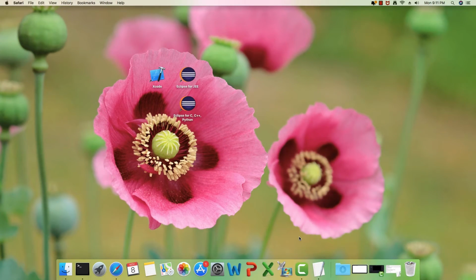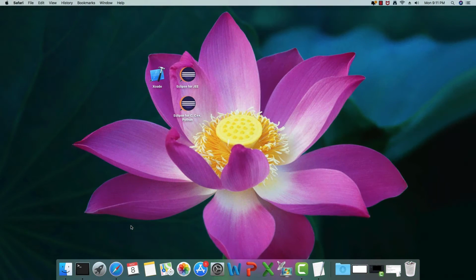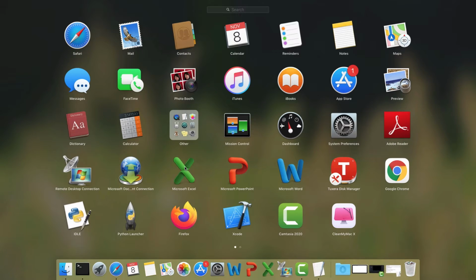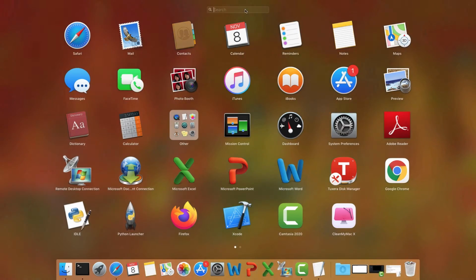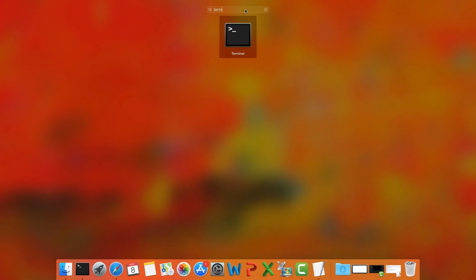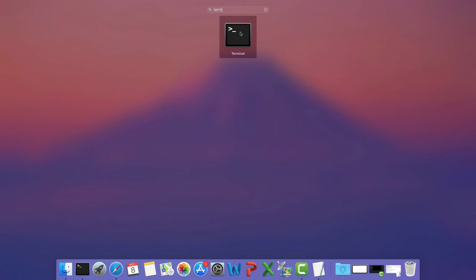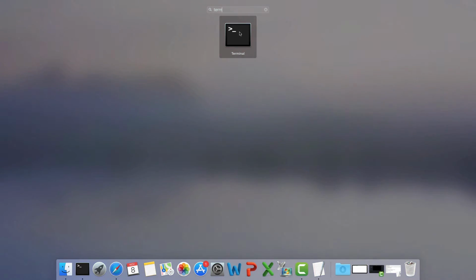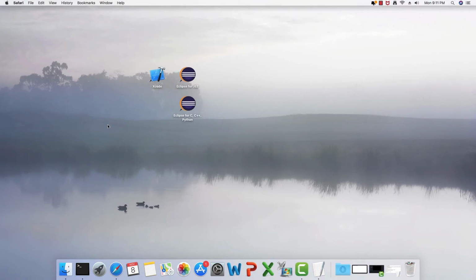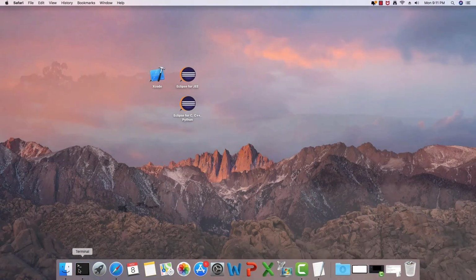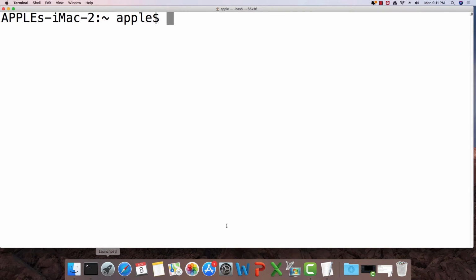Now we are going to go through the command prompt of the Mac. There are many ways we can launch the command prompt or the terminal emulator for Mac. I can just go to Mac Launchpad, and then I can type in terminal, and this is the symbol for terminal. This is the command prompt for the Mac operating system. It is a terminal emulator. So I can either open it this way, or here we have the shortcut for terminal. If I open it, it is going to show such a window.